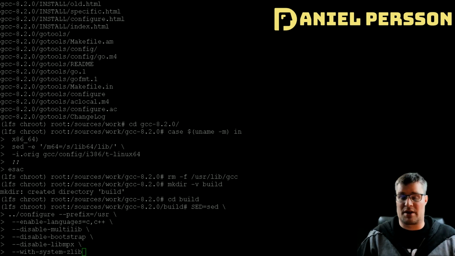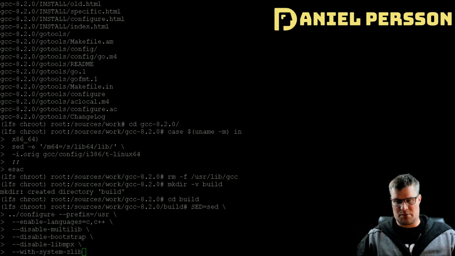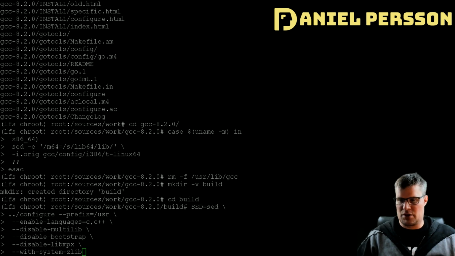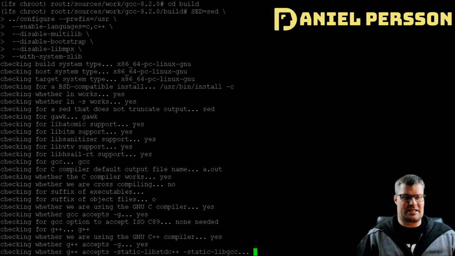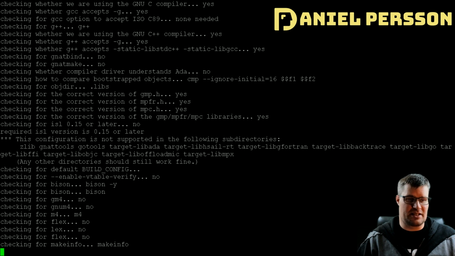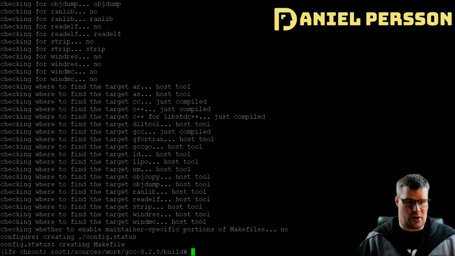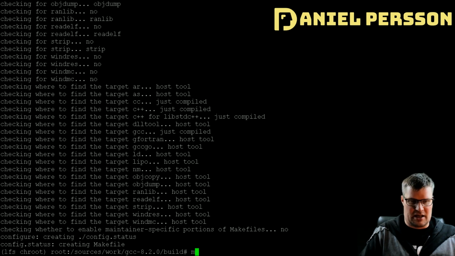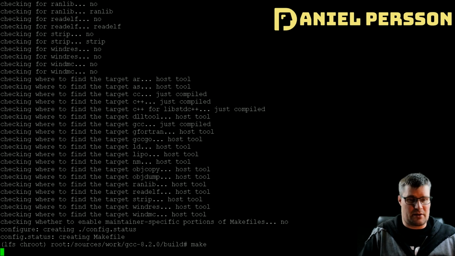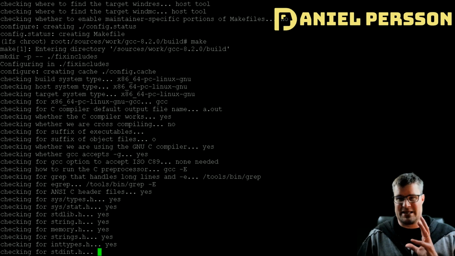We don't want to run that again. We want to disable libmpx, that's the Memory Protection Extensions, so we don't build those. And we want to use the system libc that we built earlier, so we get the right libraries into this GCC. So we will do that configuration, then we will run the make command,